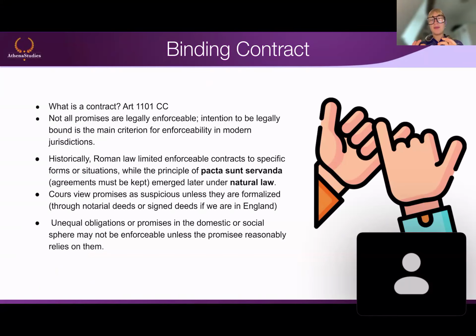I'm gonna give you a little tip for the exam. Even though it is open book, it is still easy, for example, if you want to define a contract in your essay or in your legal opinion, that's how you want to start. There are always articles in the jurisdiction that define it for you, and you do not have to remember it. For example, there is Article 1101 of the French Civil Code, which defines a contract, and you can use it and even reference it, and that is completely fine. It's a little help for you, so you don't have to write out and memorize one more thing. So, yeah, moving on from that.